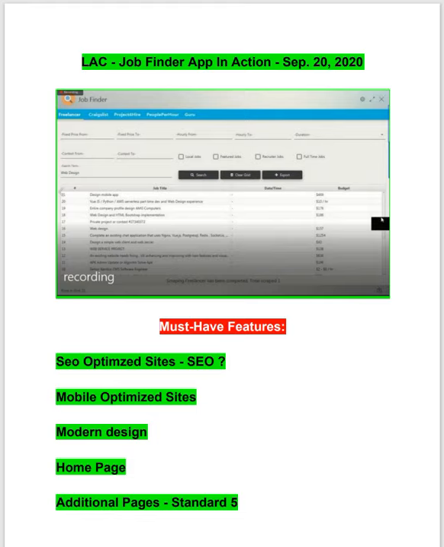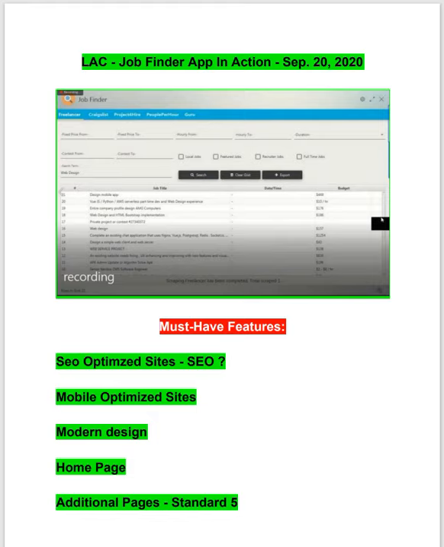Now, people who just joined and missed our LAC classes, or people who are really brand new, do not have any idea about the Job Finder application, so let me explain what it is. Job Finder is a desktop app that all our GMP members get for free. It is an awesome tool. Any agency or anyone doing local digital marketing will love it and will pay premium prices to get their hands on this application, and we do sell this application at premium prices.